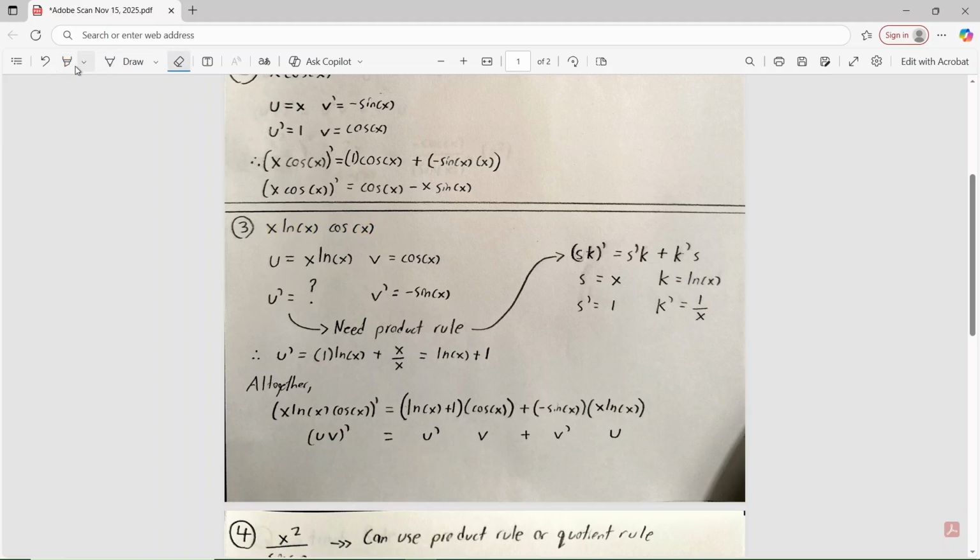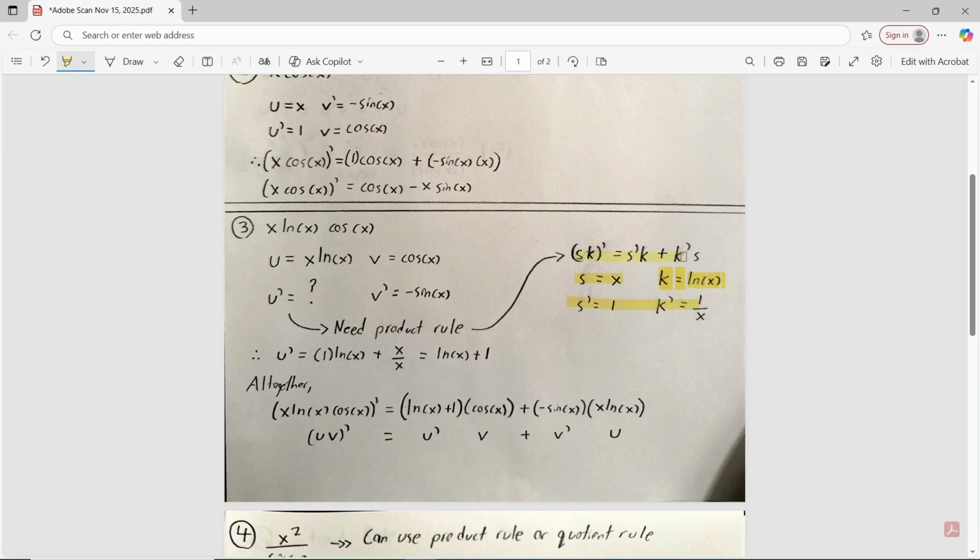Then you take the derivative of each. The derivative of cos x is negative sine x. However, for u prime, this is going to require another product rule. So we will split up x ln x, where x will equal s. I've used s and k in this part to avoid confusion with the u and v. Splitting up the x ln x, we'll have s equals x, k equals ln x. Take the derivative of each,